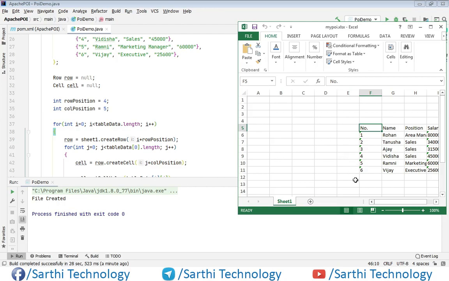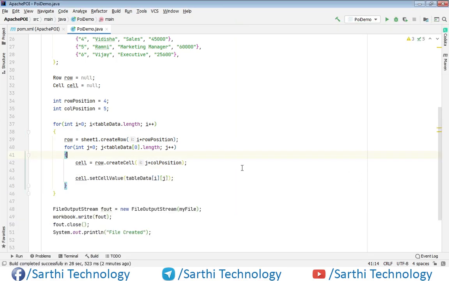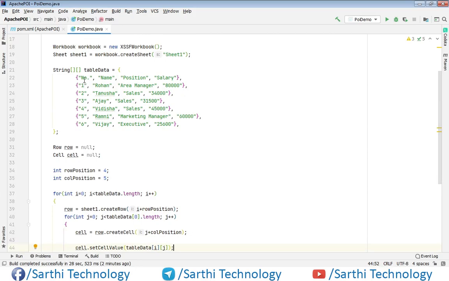And now one thing you can also see here is this message, that the number in this cell is formatted as text or preceded by an apostrophe. Okay, so we can also sort this out, and for that we need to create one if condition. Here you can see our first column is integer and fourth column is integer.